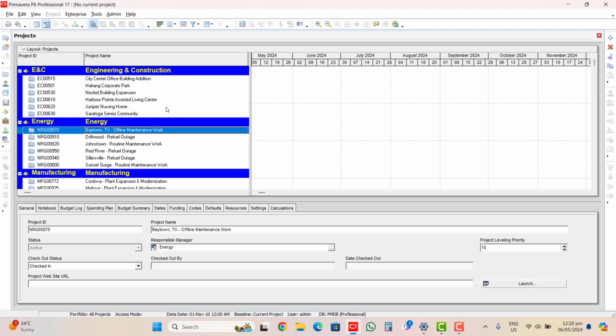So first up, on the project window, we can see the top pane, or this one. This is called the Enterprise Project Structure, or EPS. The symbol of EPS is this pyramid-like icon here.